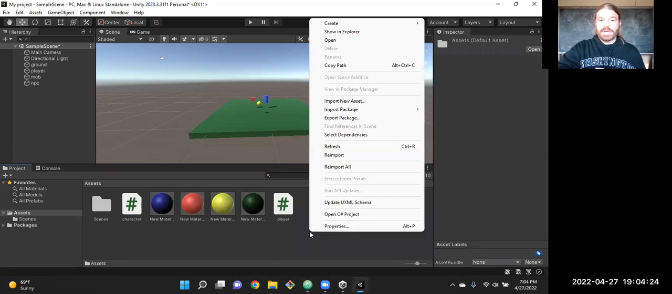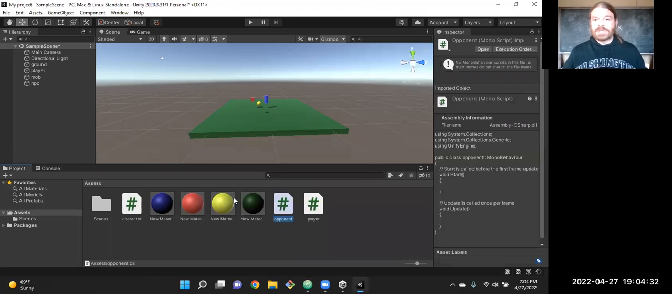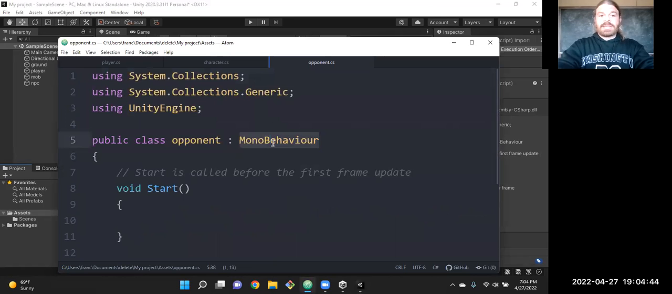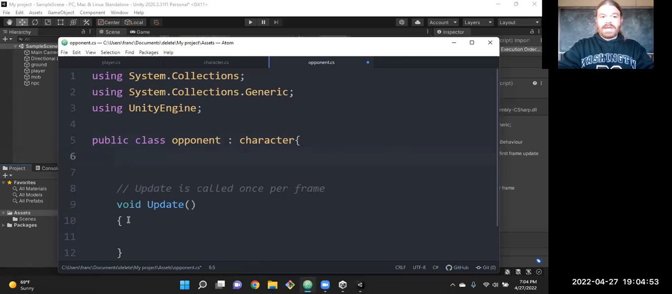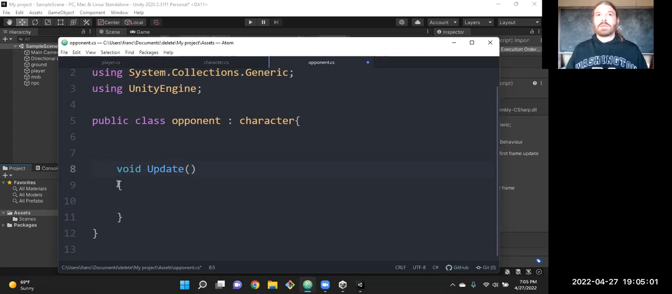So I'm gonna make another script for our actual opponent, as opposed to the NPC, which can inherit from character. So I'll just use object-oriented inheritance to grab all that stuff from character. So we still have all that. It'll call the start method that's in character. The thing we'll want to change